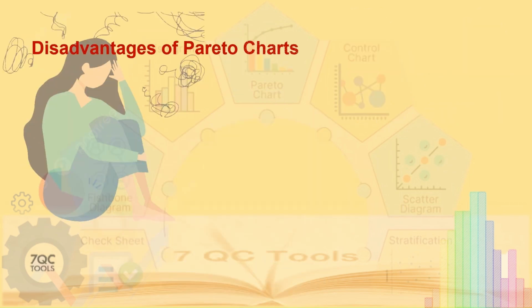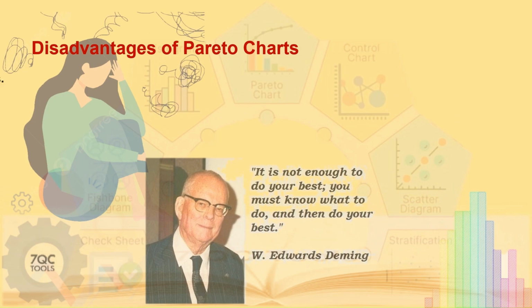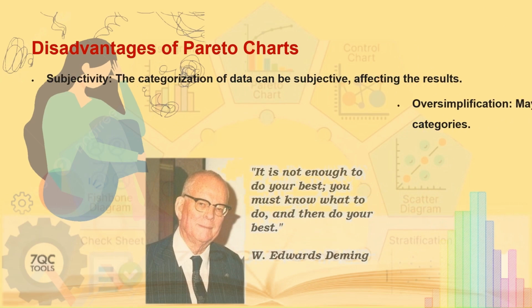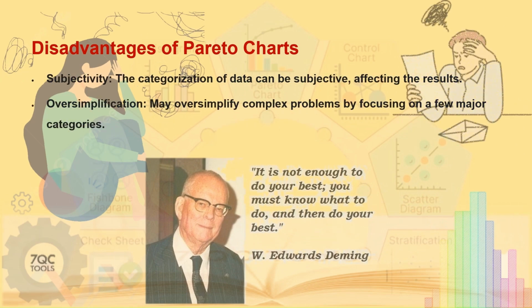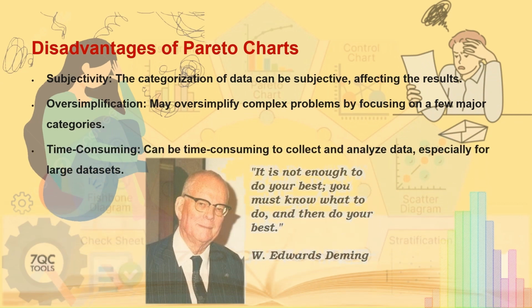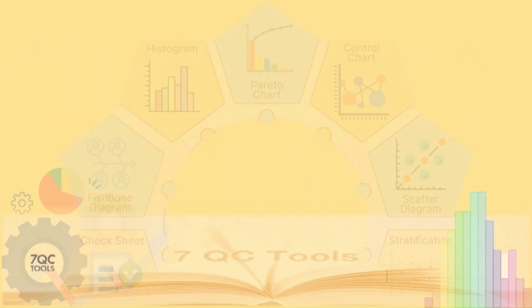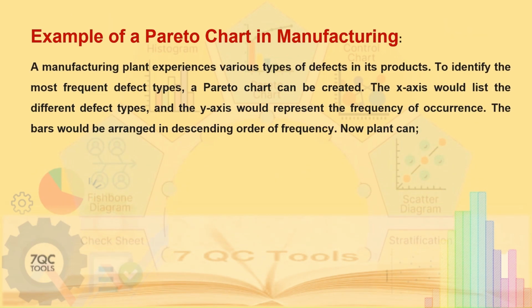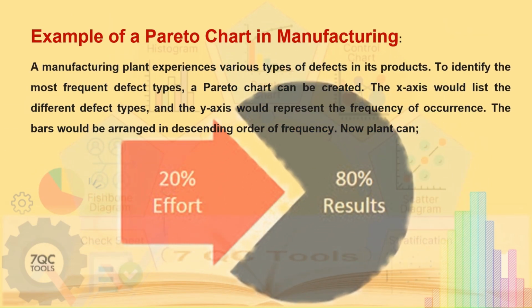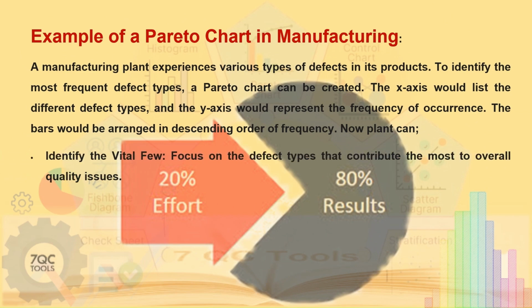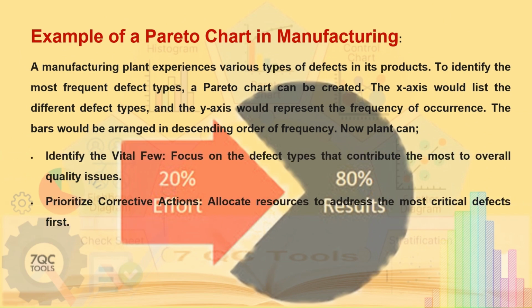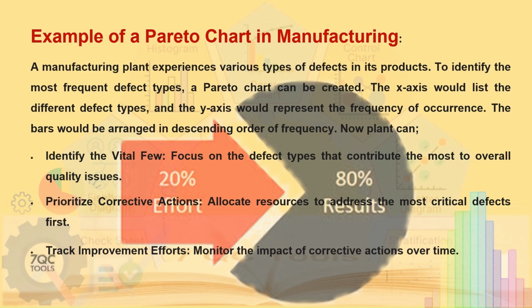The main drawback of Pareto is it may require considerable time to collect and analyze data. If categorization of data is subjective, it may not yield desired results. As can be seen from the example, Pareto will help to identify the vital few, prioritize corrective actions, and also to track